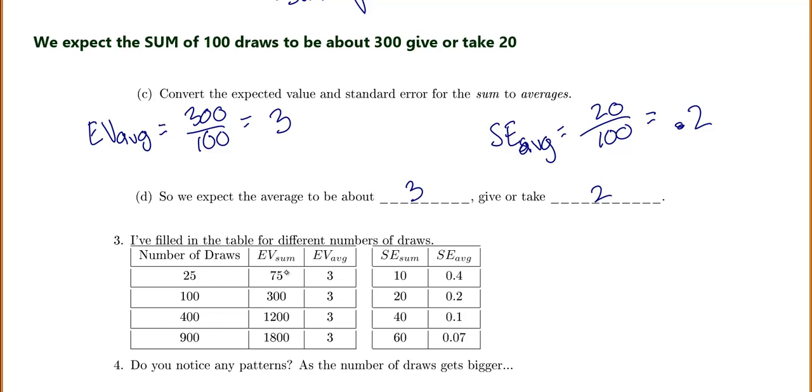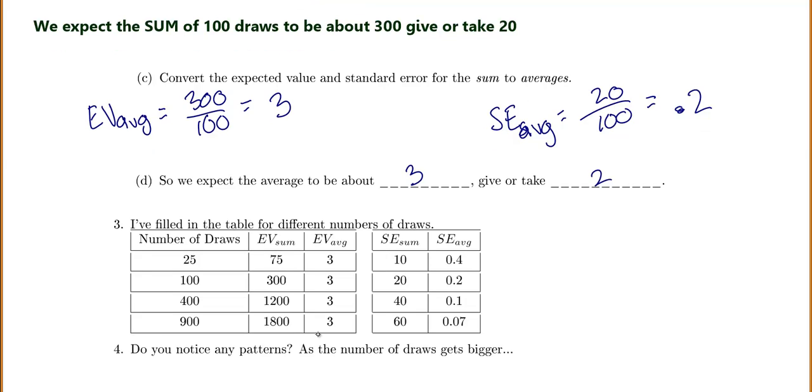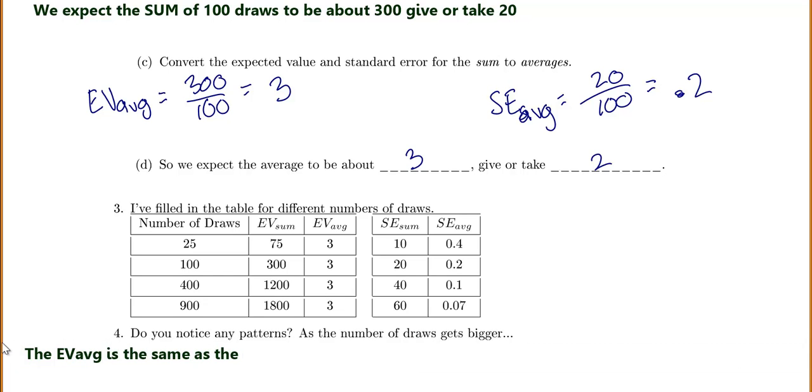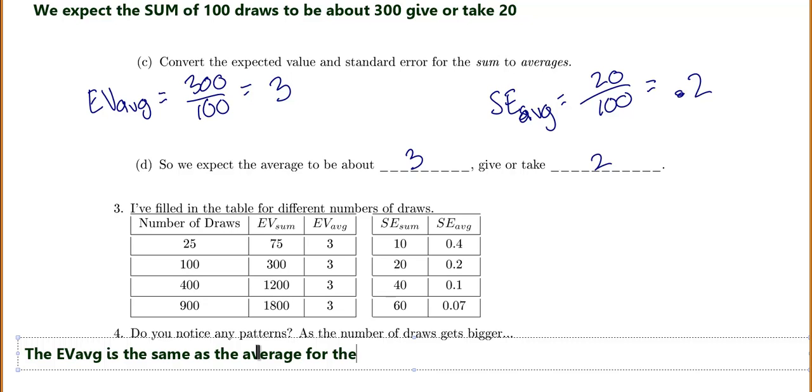So as the number of draws increases, the expected value of the sum gets bigger because you're adding more and more values, so your number should get bigger and bigger. So we went to like 75, 300, 1200, 1800. But the expected value of the average was 3, 3, 3, and 3. Very interesting. So the expected value for the average is the same as the average for the box. And so I could skip the entire formula and skip doing all of that and just say, oh, the expected value for the average, that's just going to be the same as the average for my box,